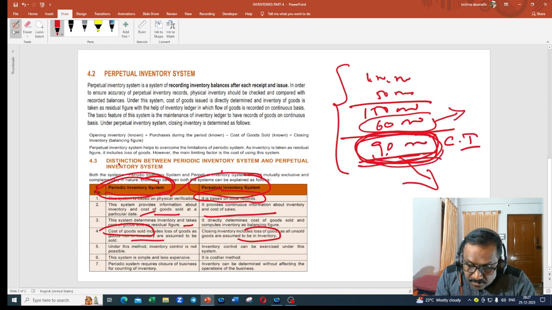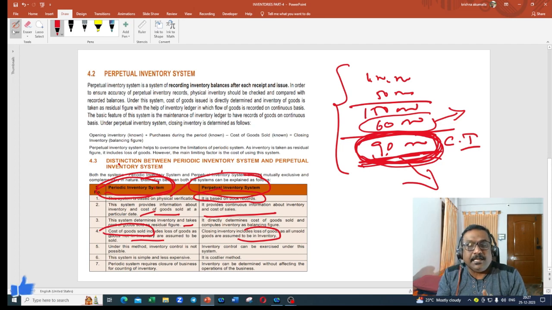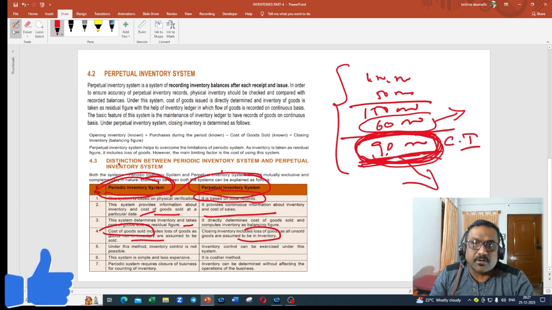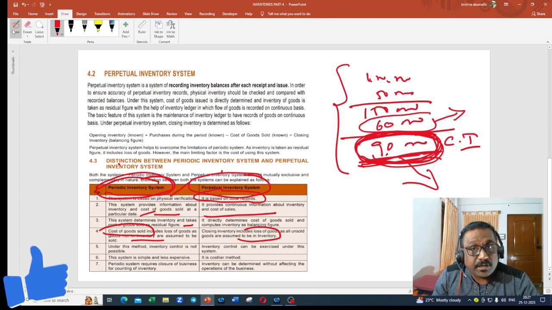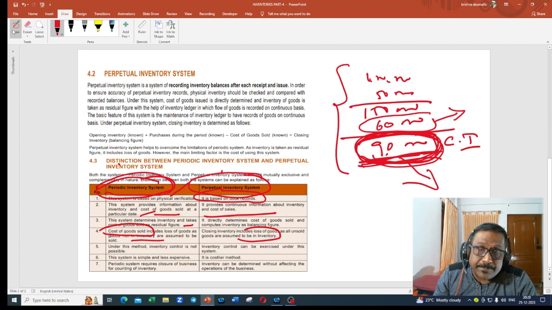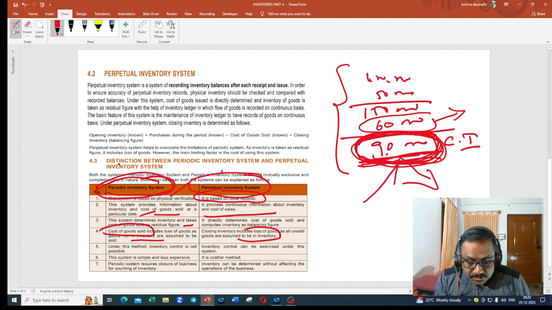Because you have not done the physical verification of this 90,000, whatever the system is showing as closing inventory, you are taking it for granted that you have 90,000 worth of stock at your godown. There could be some wastage that wouldn't have been taken into account. There could be some fraud. Anything could have happened that would have been part of this 90,000. That can be arrived at only when you do the physical verification, which is not happening